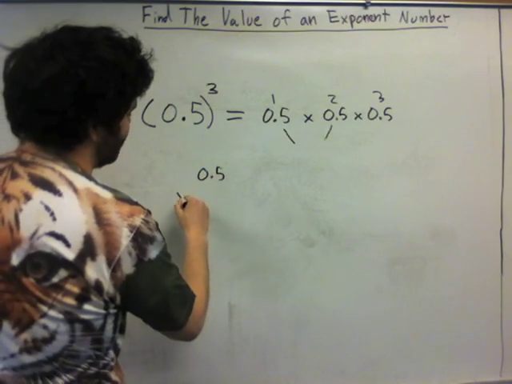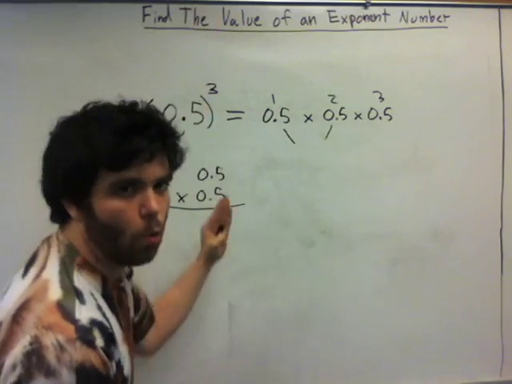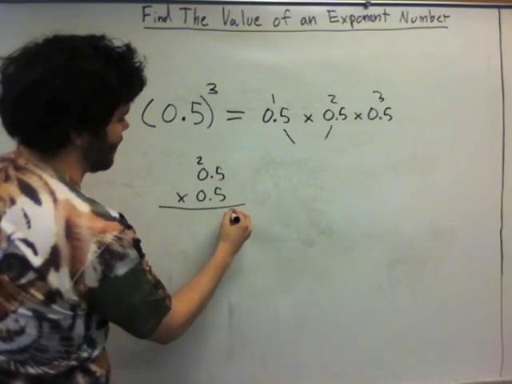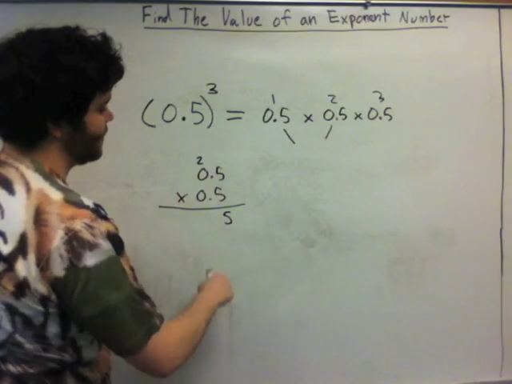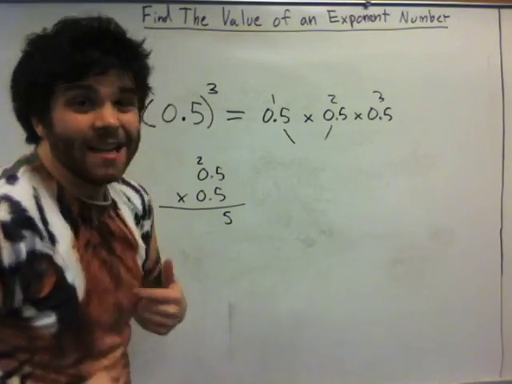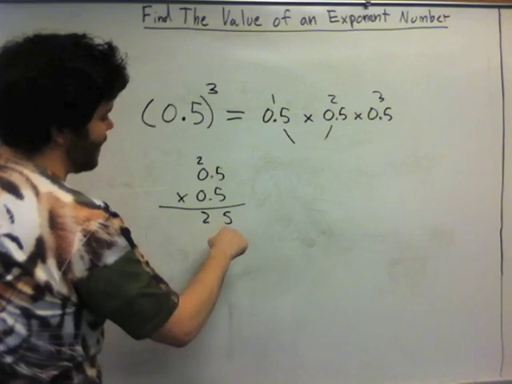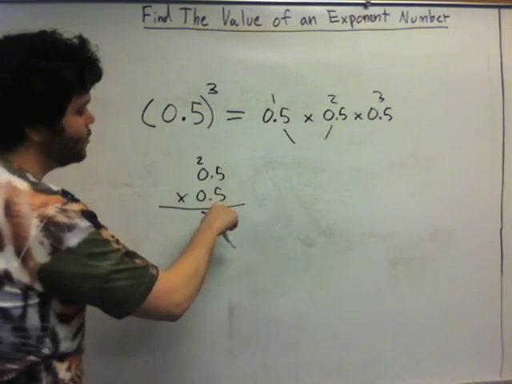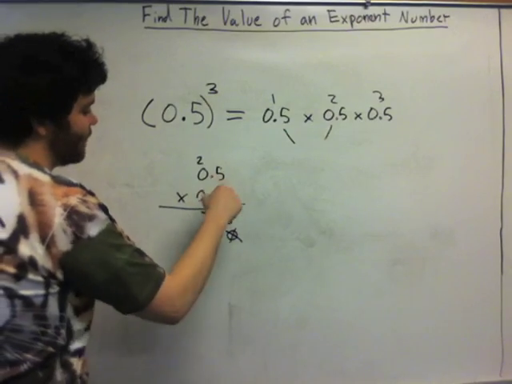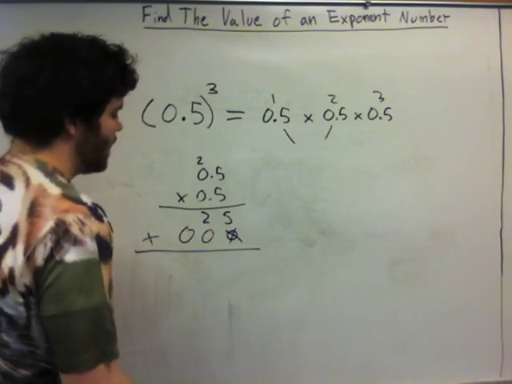0.5 times 0.5, doing it vertical style. 5 times 5, we know that's 25, so our 2 goes up here, and our 5 goes down here. 5 times 0 is going to be 0. Plus 2, because we had it up here, is going to give us 25 right here. Now, we need to move over. We have a placeholder 0. 0 times 5 is 0, and 0 times 0 is 0. We add them up, and we get 5,